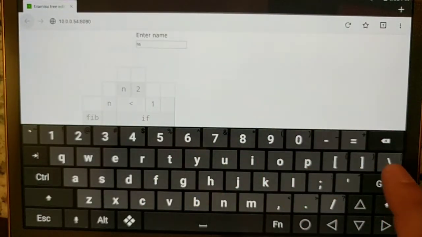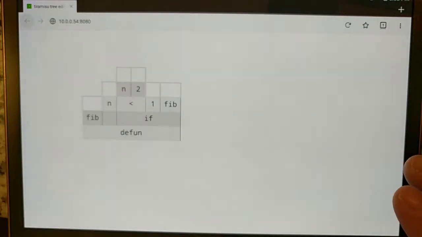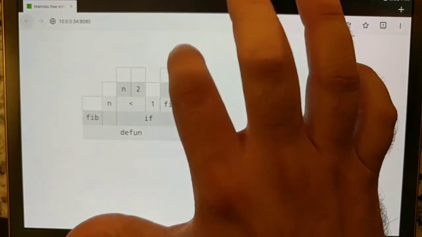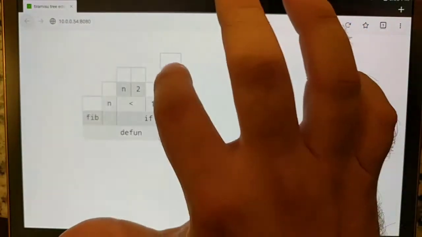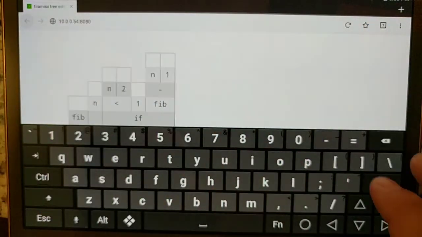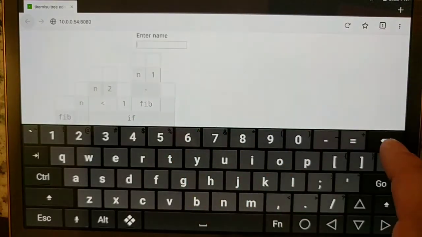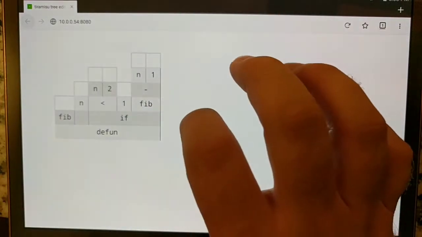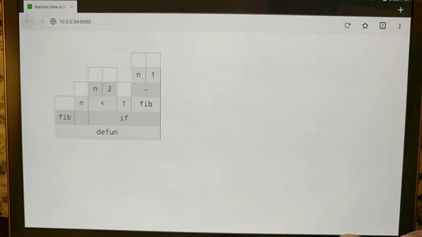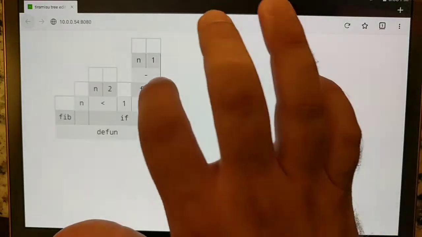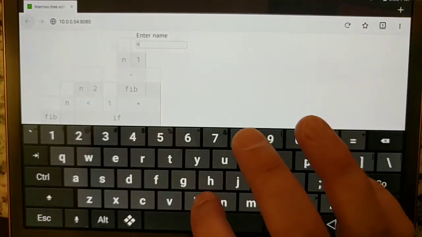And that false case is going to be a recursive call to fib, and that recursive call is going to be of fib n minus 1, so we'll put in n minus 1 here, fib of n minus 1. Good, and then actually we're going to make two calls to fib, and we'll add them together. So let's put in the sum here, and then do fib